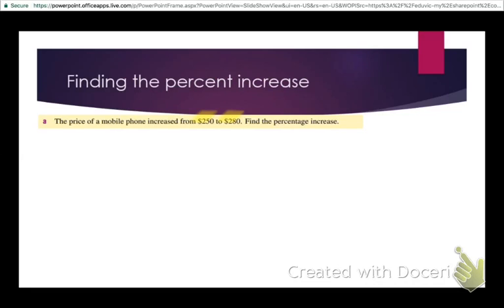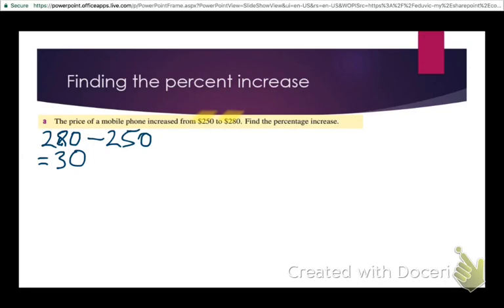So to start with, we want to find the difference between 280, if the pen would work, and 250. And to do that, we obviously have a subtraction, and in our heads we should probably be able to work out that that's $30. Okay, so we've found the difference of the two, but now what do we do to